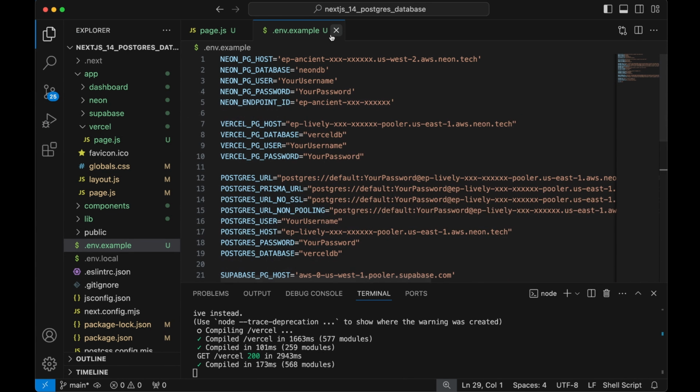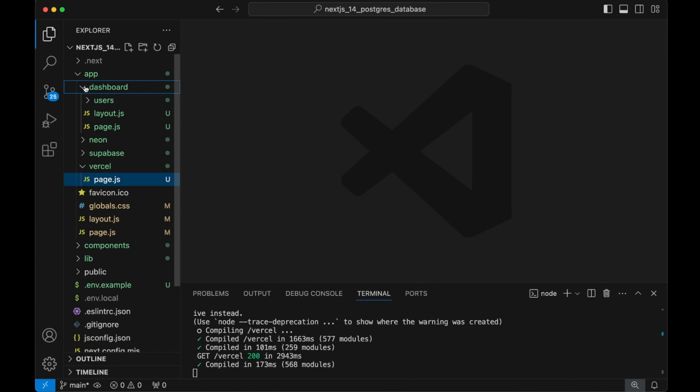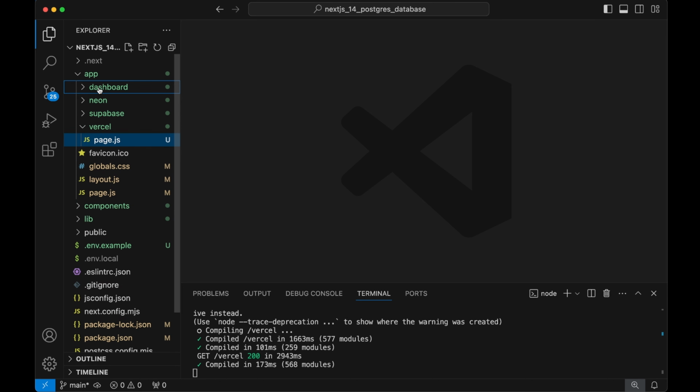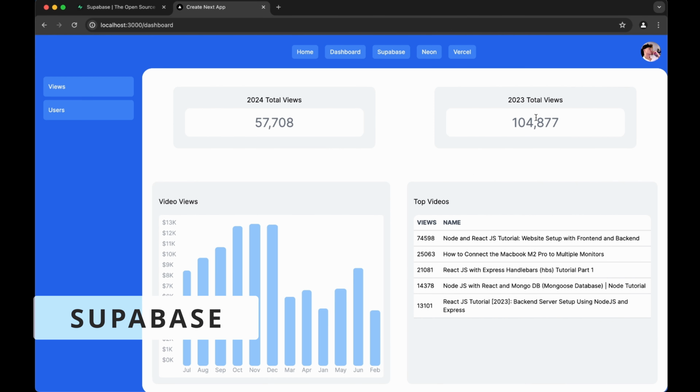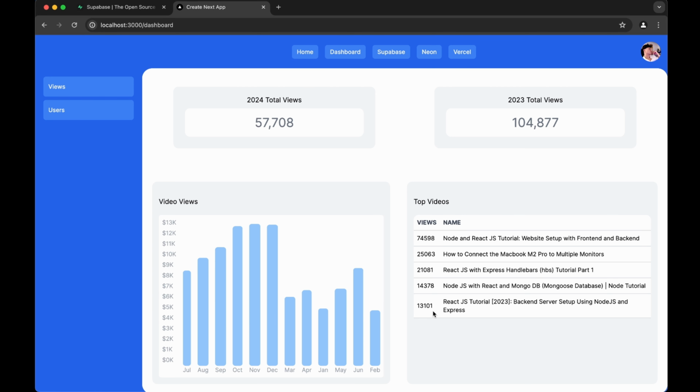And I'll show you that right now by setting up a dashboard. That's right, I'm going to do a whole dashboard right here. All right, let's talk about the Supabase database right here. I created a dashboard on my site here, and you'll see from this dashboard that I inputted a couple of